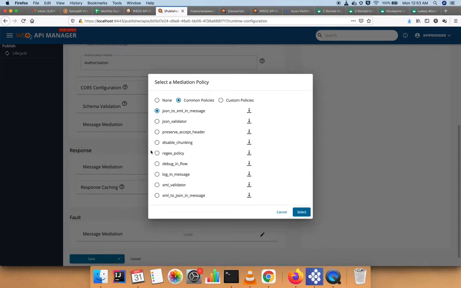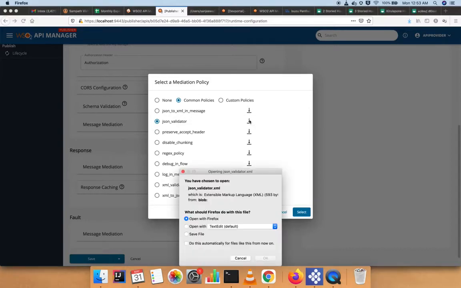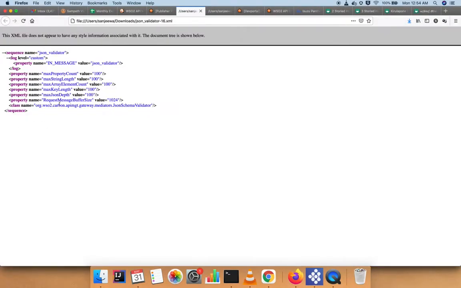So you can see some of the already available policies. If you want to do protocol transformation, message logging, and that sort of simple thing, you can always use these already available items. I'll open one of them and explain that to you. So you can see this is the JSON validator.